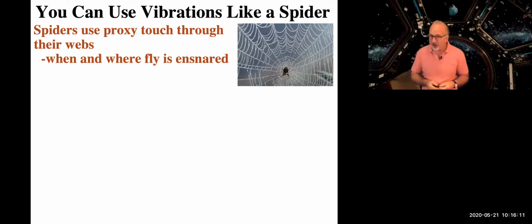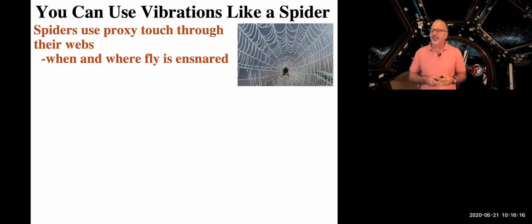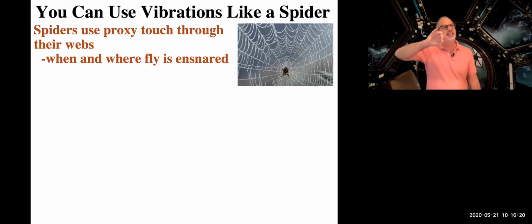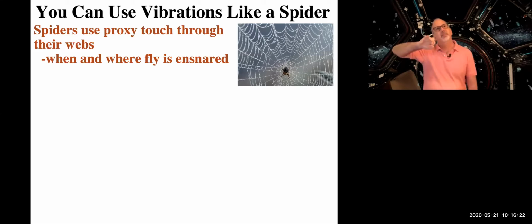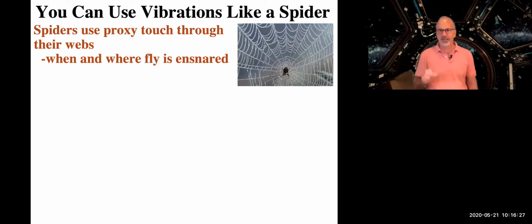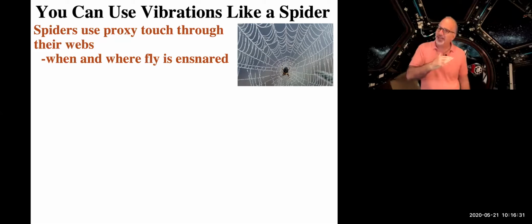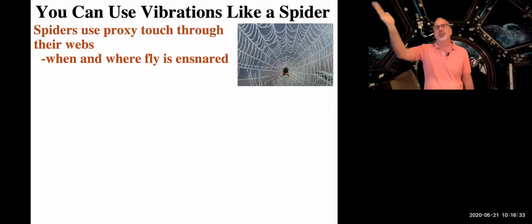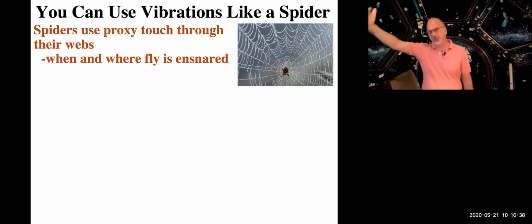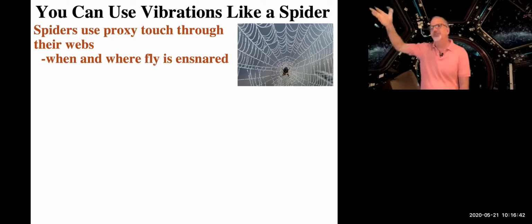If it's very hungry, it's going to build a web that will feel even the slightest vibrations. Basically, it will be able to feel if a very small fly ends up there, right? If it's really hungry, it wants to eat anything it possibly can. The problem with doing that is sometimes the wind will shake the web a little bit, and it will have a lot of false alarms. It'll say, oh, there we go, there's a little baby fly, and go up there and say, oh, no, it was just the wind again.